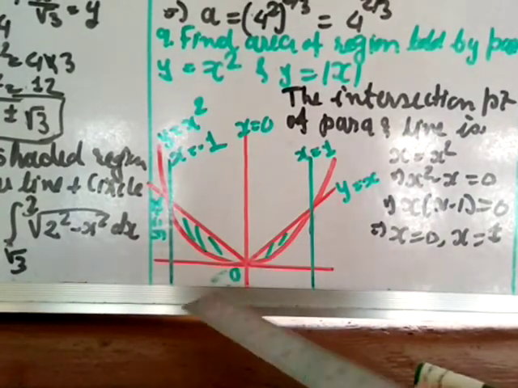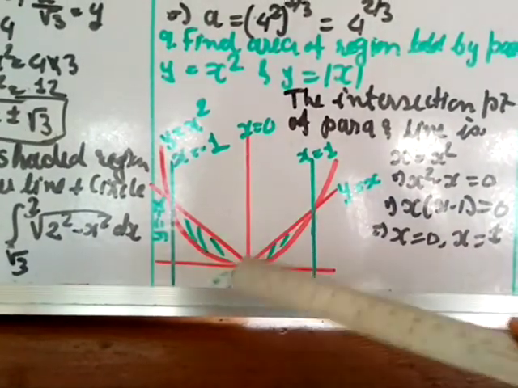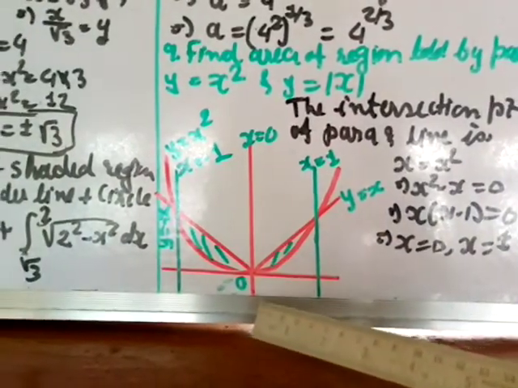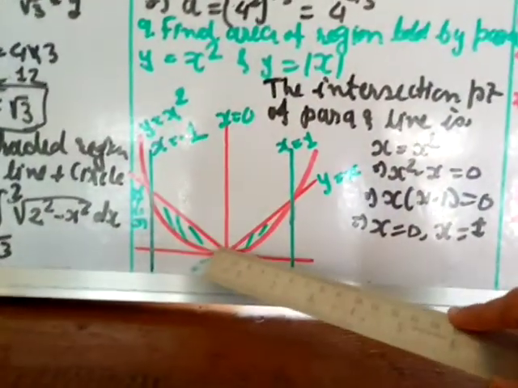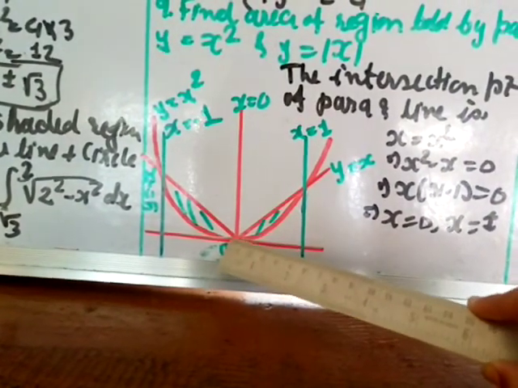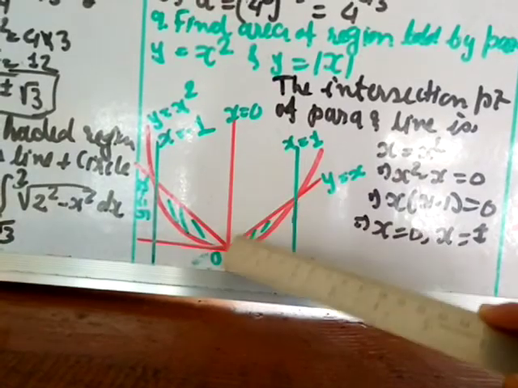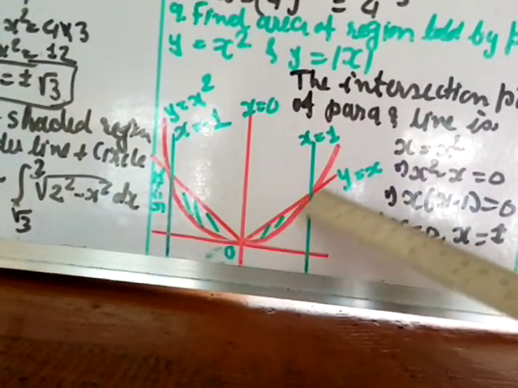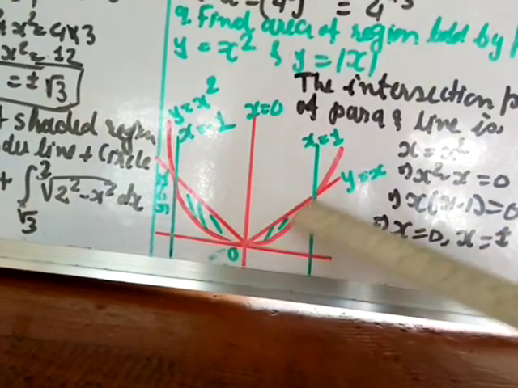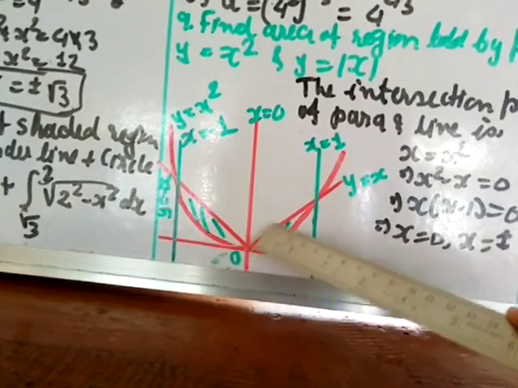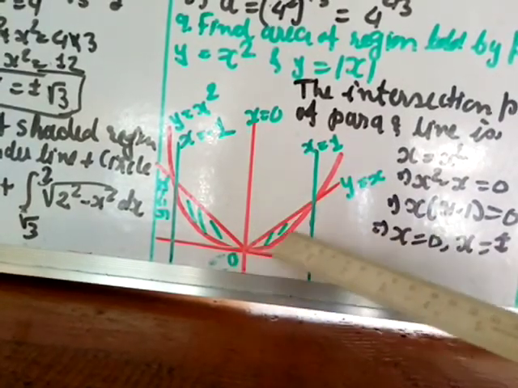Now here, between two curves, it is the line minus the below one. When the area between two curves is asked, then you have to find the difference of those two curves. First is the upper curve minus the lower curve. Here the upper curve is the line and the lower curve you can see is the parabola. So from the equation of the line, when you integrate, at integration time you have to find the area, that is integration for this line minus integration for this curve. So that is what I have written here.